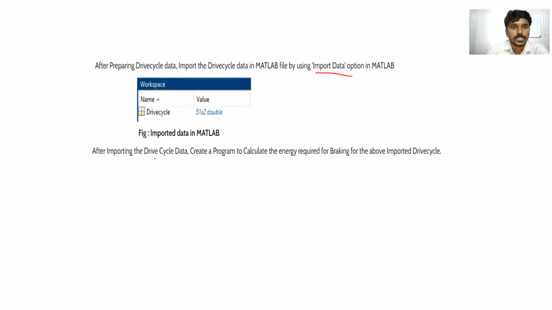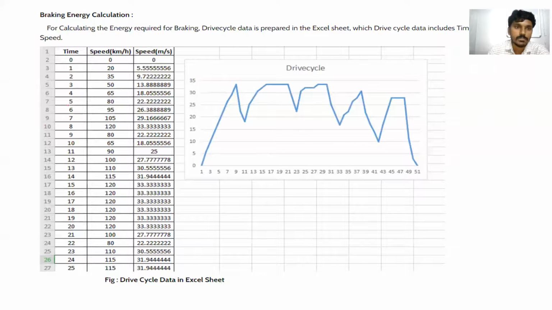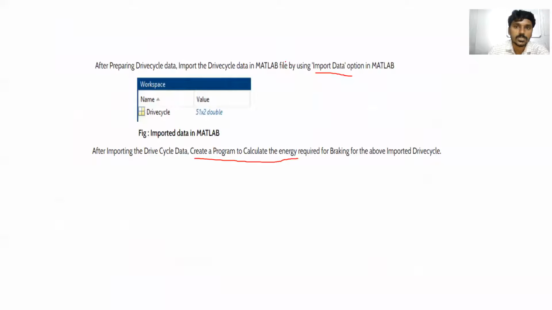After importing the drive cycle data, create a program to calculate the energy required for braking for the imported drive cycle. This data should be imported to MATLAB using the import data option.